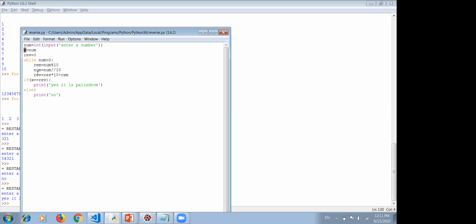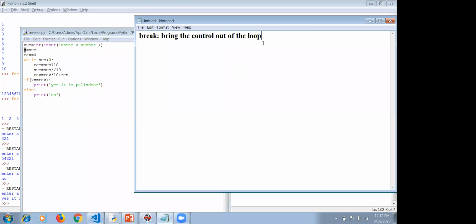To create the reverse, I need to separate each digit. So how is that done? Let me explain on this notepad. Suppose we have this number 1, 2, 3, 4. When we apply the first operation, that is number modulus 10, what will the output be?